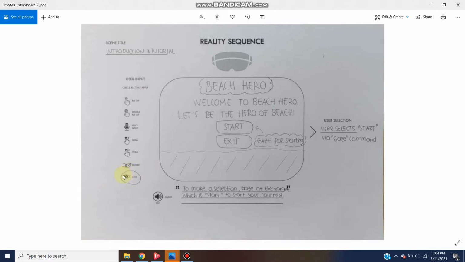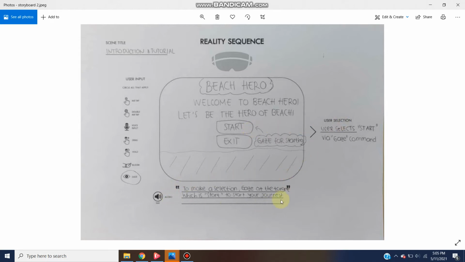Okay, so all these like air tap, double air tap, voice input, hold, drag, bloom, all of these are the input of mixed reality. Also can be applied for virtual reality, but for Google Cardboard virtual reality we are only capable of using gaze since we don't have any controller. So we're gonna put gaze here,